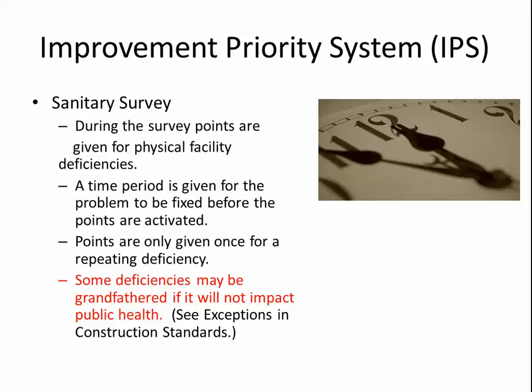So at the time of your sanitary survey, points are given for a physical facility deficiency, but those points aren't effective right away. We will give you a time period for that problem to be fixed before the points are activated. And then points are only given once for a repeating deficiency. So if you have 5 air vents at 5 different locations where there's no number 14 mesh screen, we will just assess the points one time, but then those points won't come off until those 5 are completely fixed and